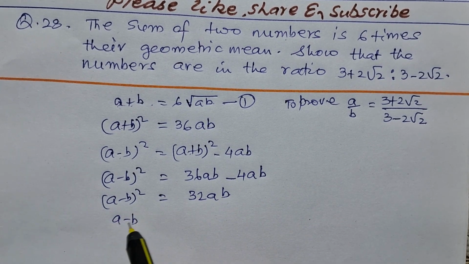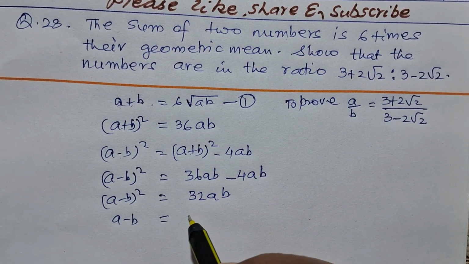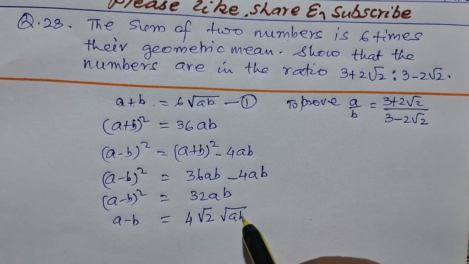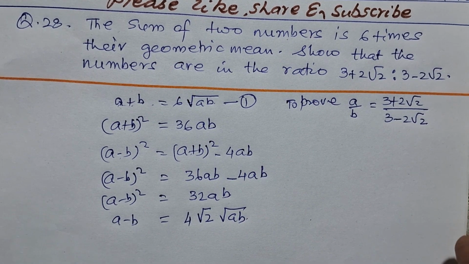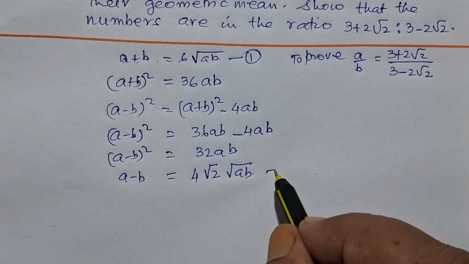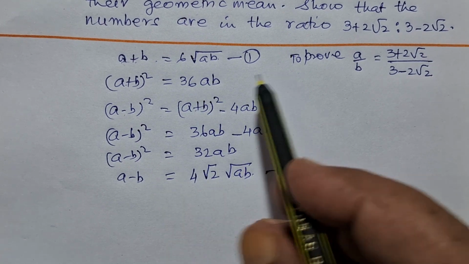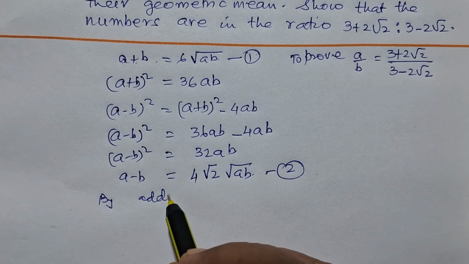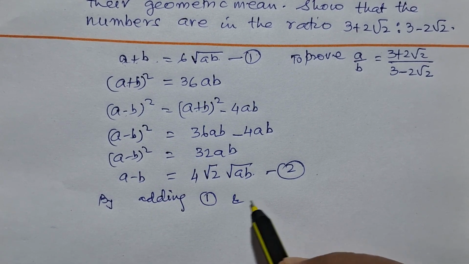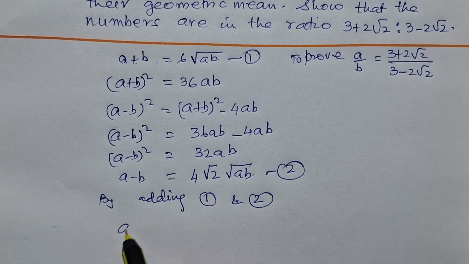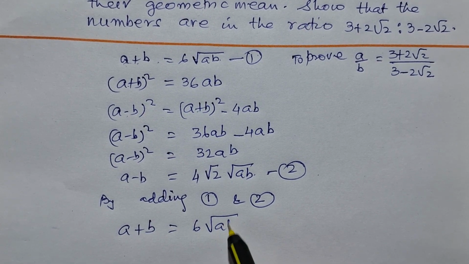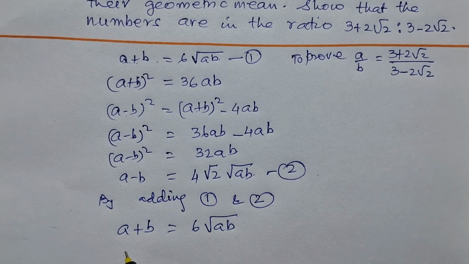So a minus b will be the root of this 32, that means 16 into 2. 16 under root will be 4, and root 2 will be here, and this ab will be under root. Right, there is no problem. This we are taking as equation 2. By adding 1 and 2, a plus b is equal to 6 under root ab,